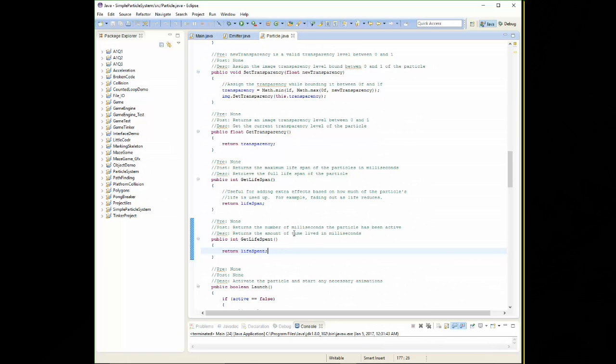You could then take this information and start doing some interesting things like modifying its transparency. So basically you could make the particle fade out as it got closer to the end of its lifespan, very simply by just doing 1 minus life left, which is a really cool little effect. So anyways,